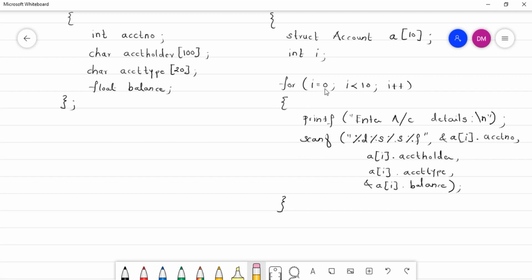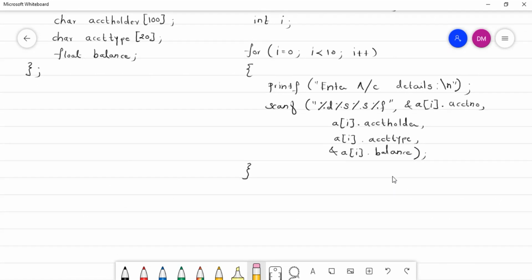We have to iterate through for loop. We have to start from 0 to 10, right? And then after we will compare the value of this account type of each element in our array. If the account type is saving, then only I display the details of that account. Okay, so I hope you understand this. So let us write a code for it.